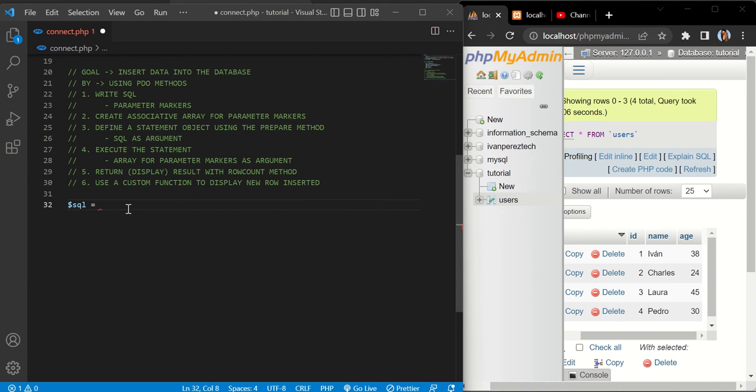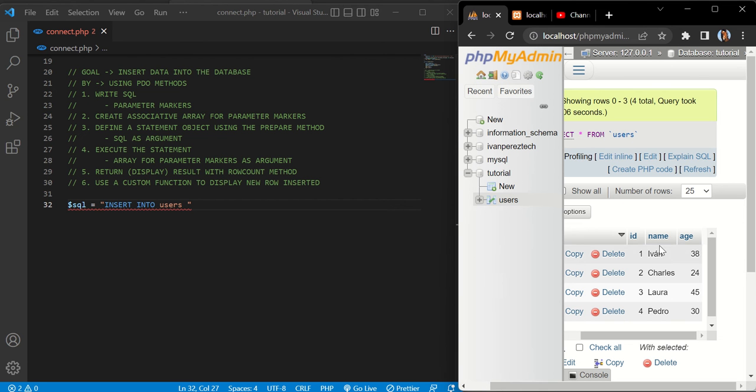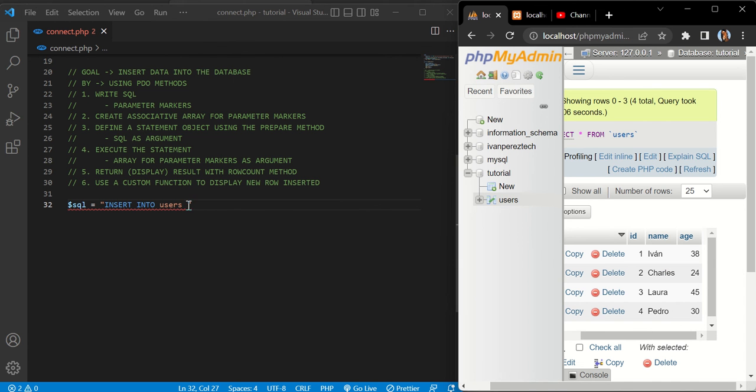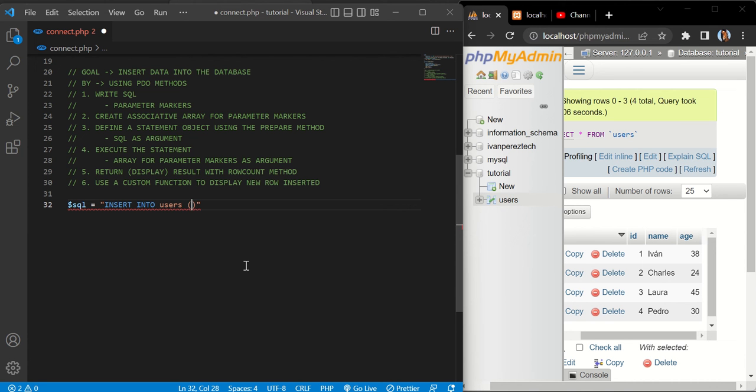So I'm going to write the SQL, which is insert into the name of the table, users, insert into users, and I need to define the columns that I'm going to insert. I'm going to insert name and age. I'm going to insert a new record within the columns name and age specified here. So I'm going to put that into a parenthesis, name, age, and I need to specify the values that I'm